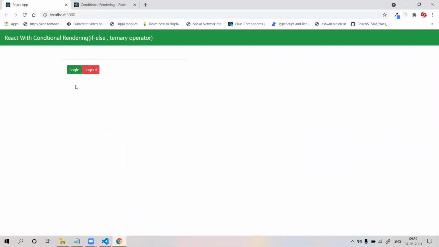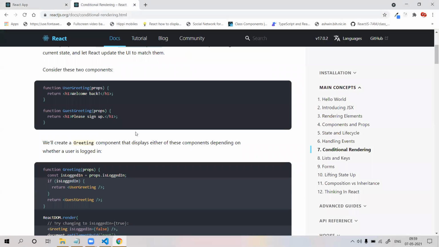I want that when any user logs in, then display a logout button, and if any user logs out, then display a login button. I have some messages. If the user is logged in, then welcome user. If the user is not logged in, then display welcome guest. Okay, like that we are making conditions. How to make it? Go to